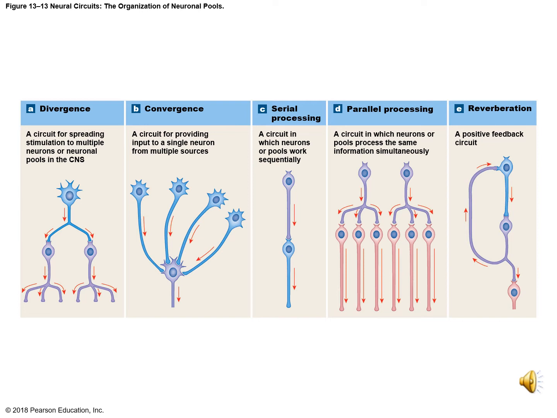500,000 motor neurons carrying commands to the peripheral effectors, and 20 billion interneurons that are going to interpret, plan, and coordinate the incoming and outgoing signals. These make up the central nervous system, the interneurons. The neurons are going to form neuronal pools, which are functional groups of interconnected neurons in the CNS, the central